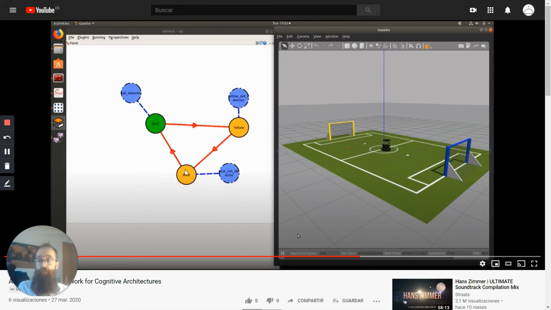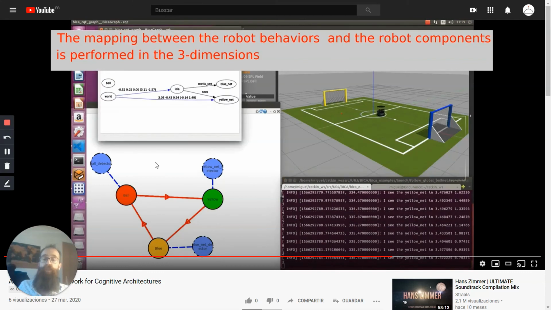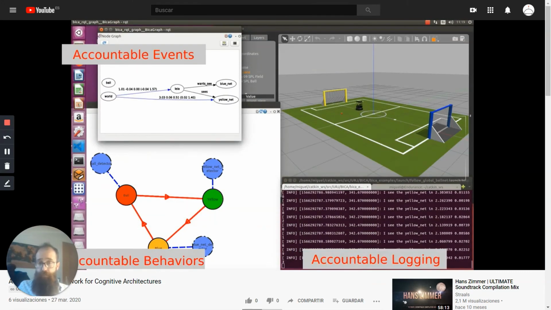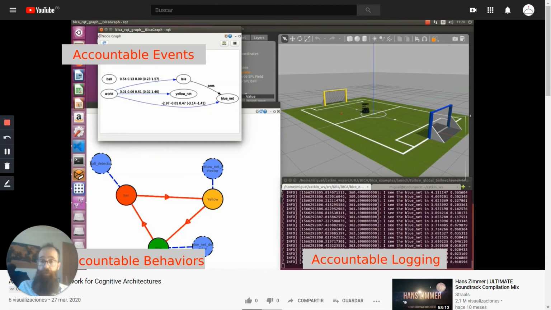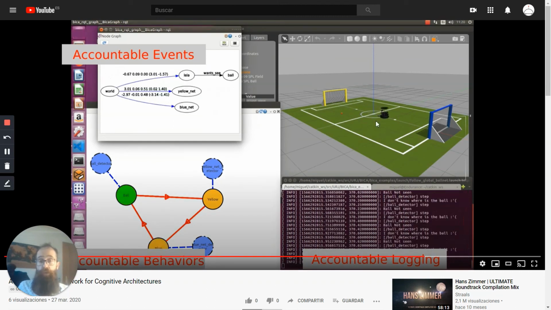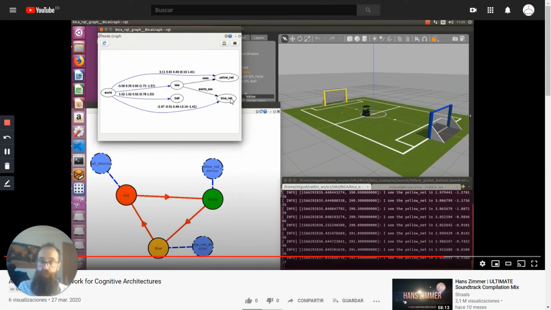This is a finite state machine, and what we are doing here is just to check what are we doing now. It's just checking for the blue net, yellow net, or the ball. But the point here is to mix both of them, or depending on who is auditing our solution, just take into account one of them. For instance, here what we are seeing is that the layer robot is our robot. It wants to see the ball, or now is seeing the ball, how it's changing along the time.